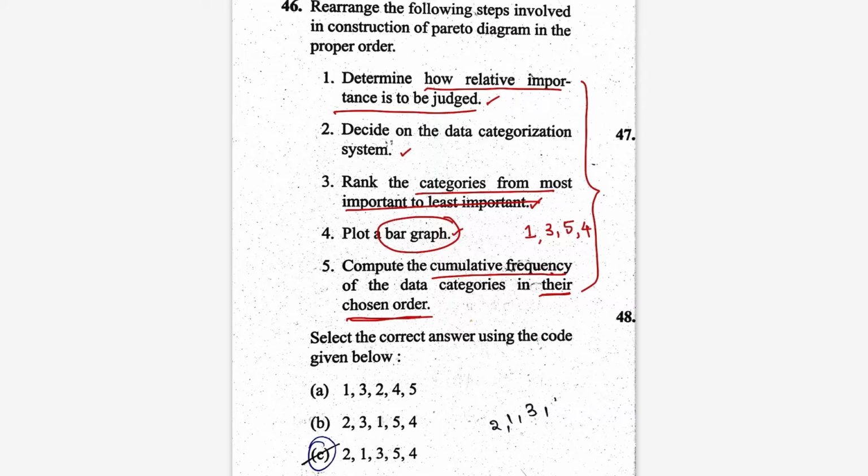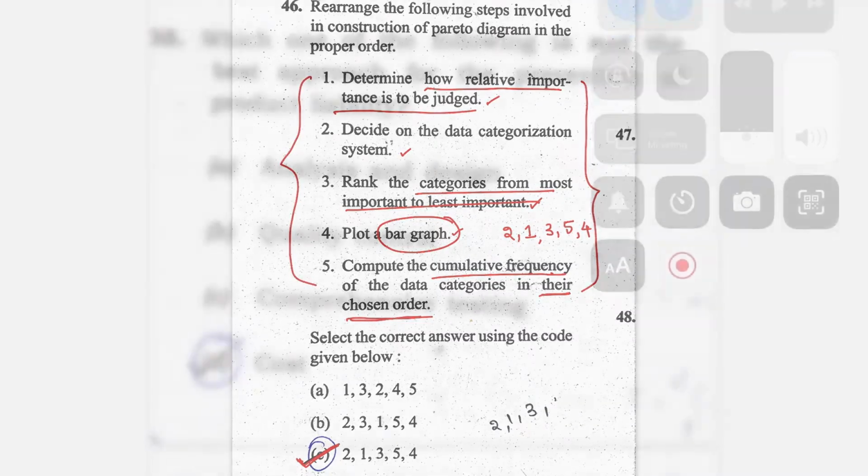To do all these, we need a system in the beginning itself, right? So 2 would come in the beginning itself. So 2, 1, 3, 5, 4, yeah, it is there. So C would be the option. If you go by the options, you might get confused sometimes. So just read the steps available and then go with the options.